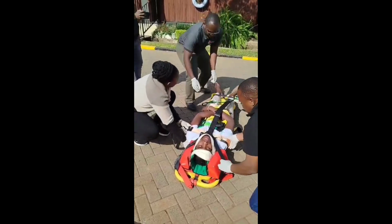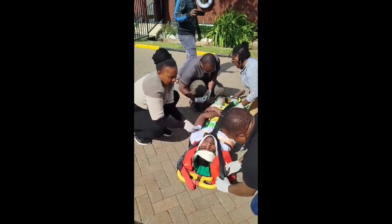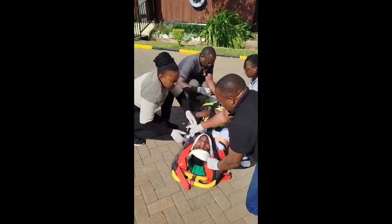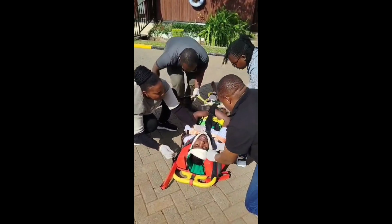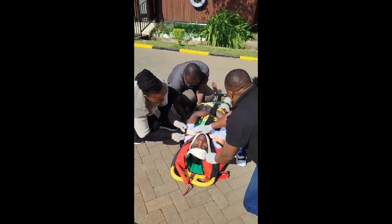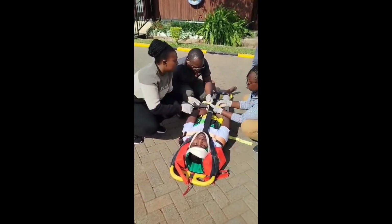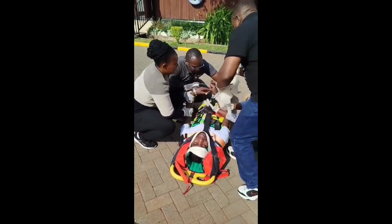So if you don't have the spider strappings, you can use any straps available, whether commercial or improvised. But in this case we have the commercial straps available. So the next thing here is to move this patient to the ambulance. So the patient will be moved to the ambulance once the strapping is done,